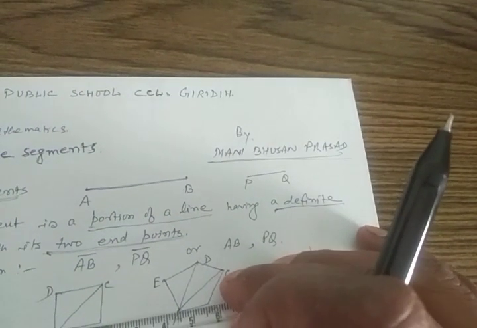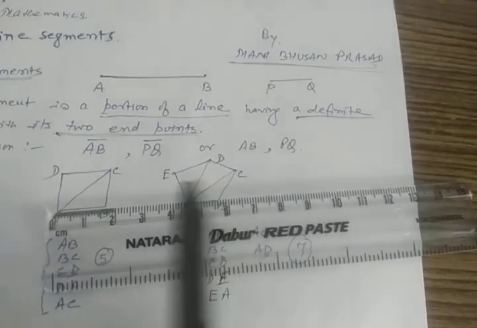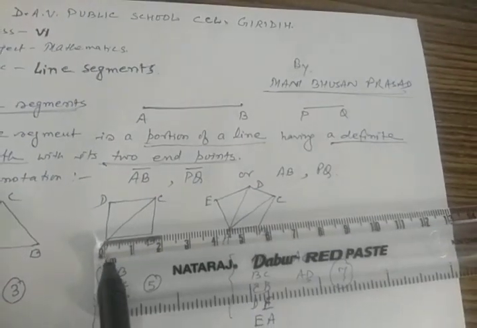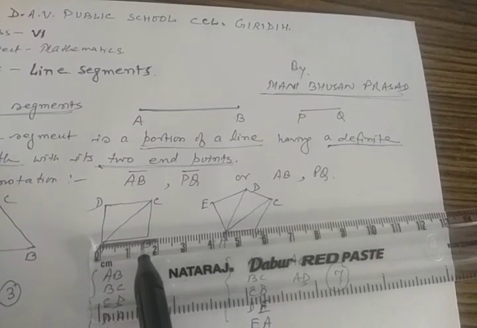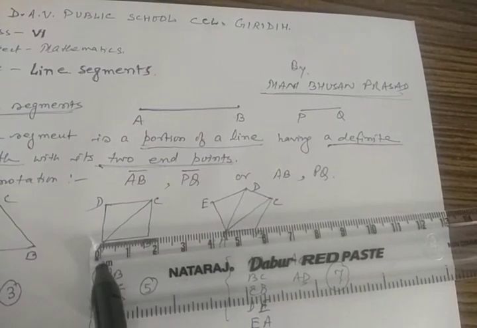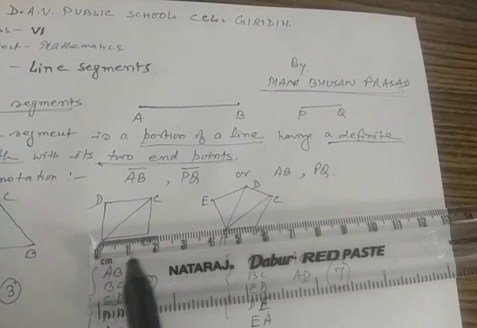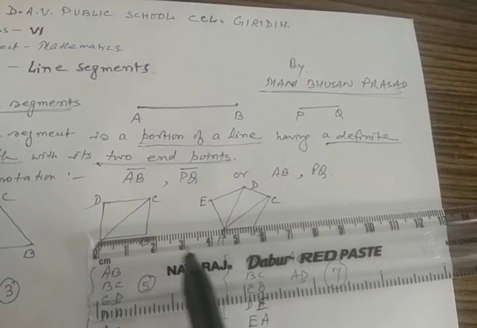Okay. Now the next point is, in this way you can measure all the sides. Just see, for this example here, you can measure now. We have placed 0 at A. Now B comes here. So I think it is 5, 6, 7, 1.7. It is 2, it is 3, it is 4. So I hope that you have learned how to measure.